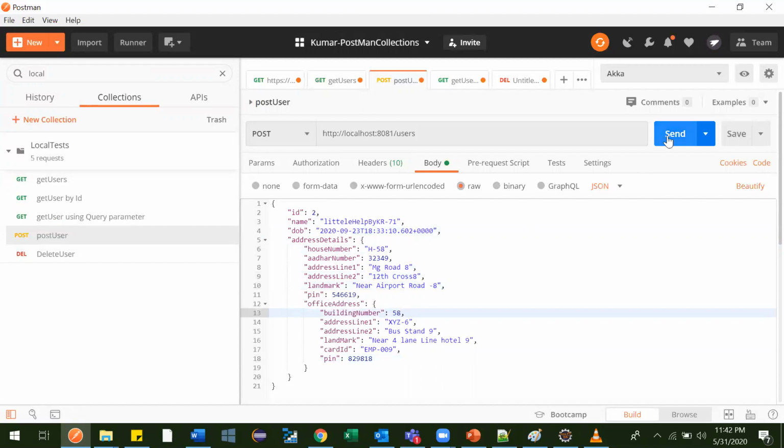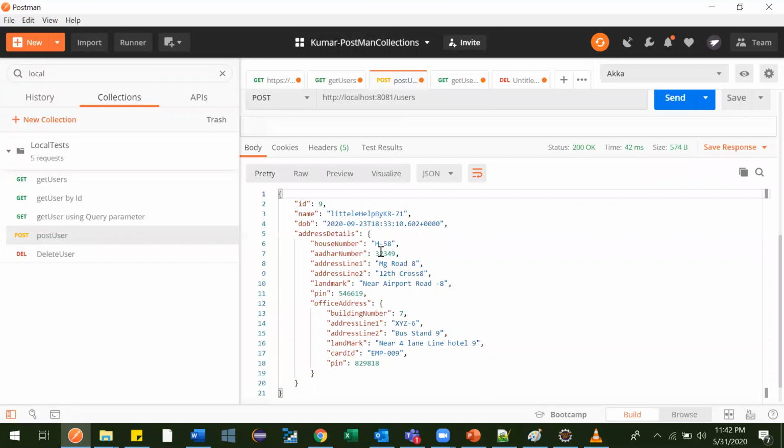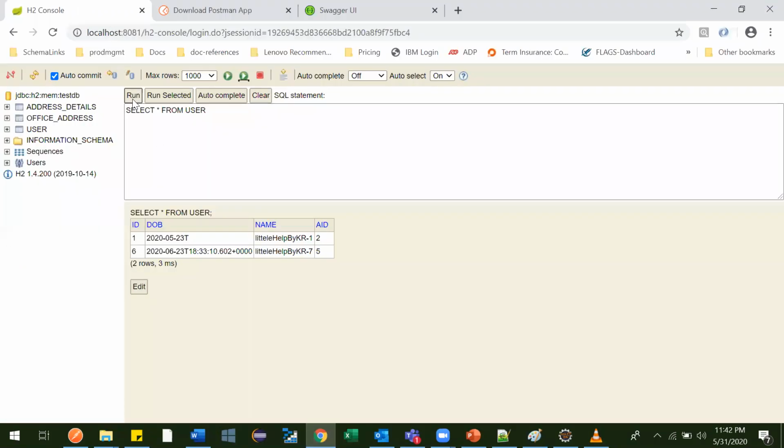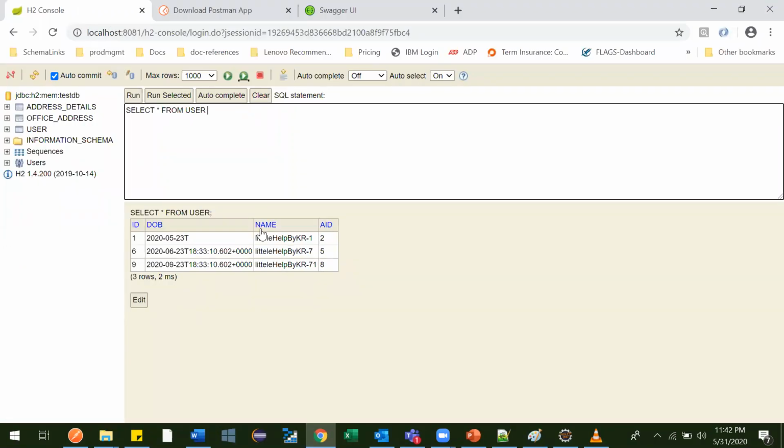Okay, let me send this. Now we added it, and we got the response that one record got created with ID 9 and the other information, like 71, 58, and 888 that we gave. All the details are available, and we'll check this in the database also. See, now it is available there.